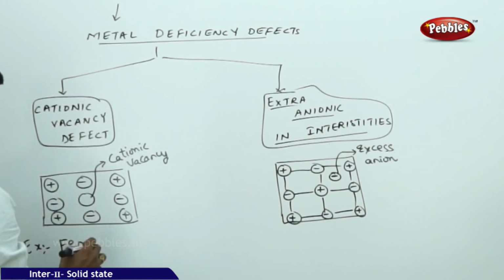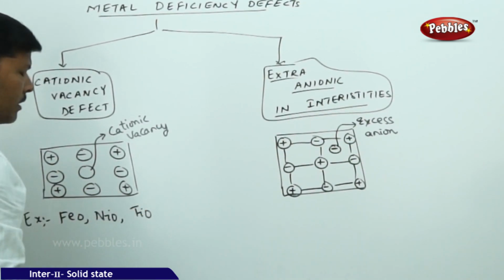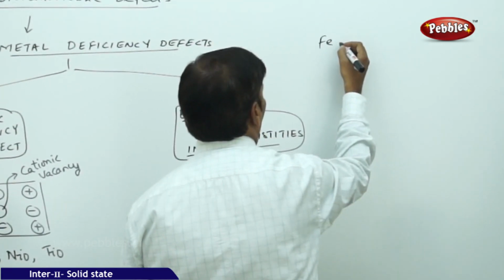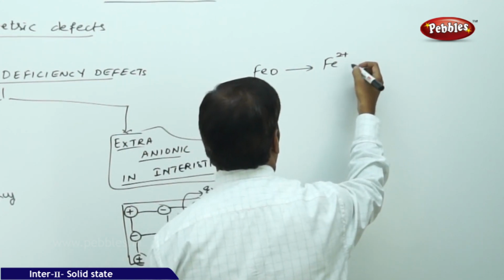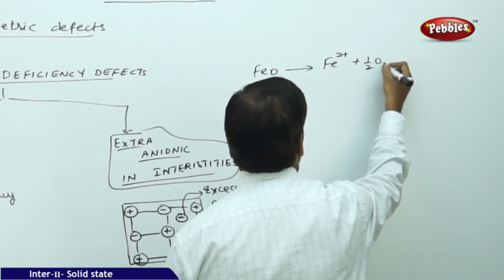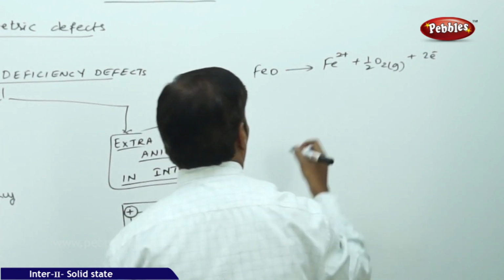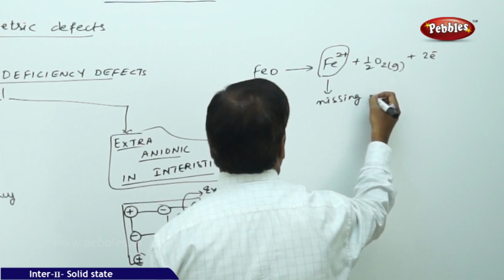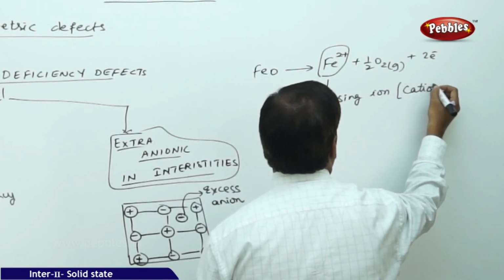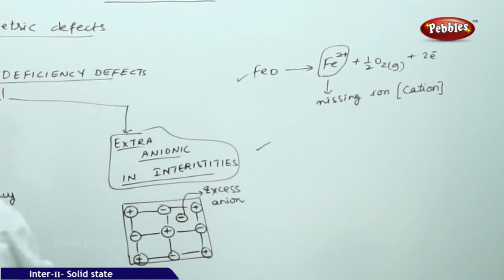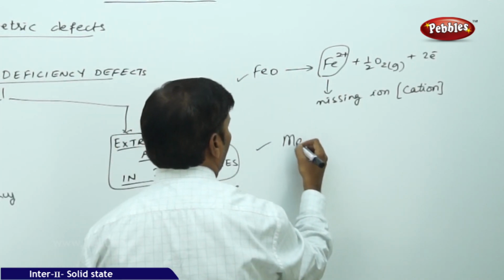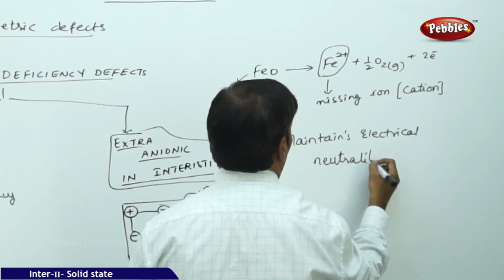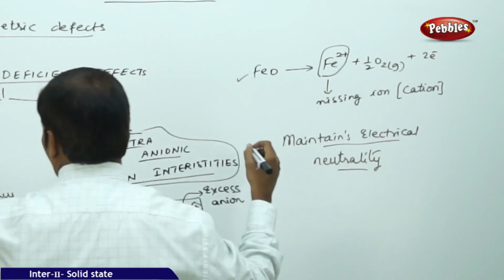Some examples we can take: ferrous oxide shows this kind of defect, nickel monoxide, titanium monoxide, all these compounds show this kind of defect. If you take ferrous oxide, it gives out one ferrous ion and half mole of oxygen gas, and 2 electrons are present. That means once the Fe2 plus ion is produced, it completely misses out: missing ferrous ion, that is cation. So to maintain the electrical neutrality, in the cationic vacancy,